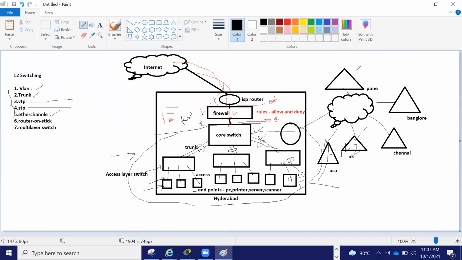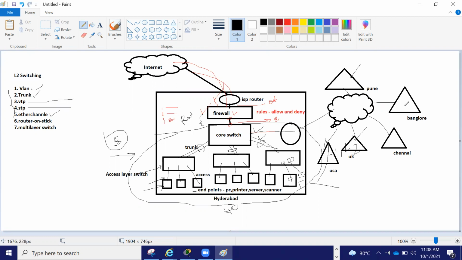If anything is required, then in every office, see, for MNCs you will not have a network engineer in every office. You will not have a network engineer in Pune, Bangalore, Chennai. Generally, if this is the head office, in the head office you will have a network engineers team working in a 24/7 environment, let's say six engineers, so two in one shift. So two engineers working here need to take care of all this remotely. They can log into all branch office switches, routers, firewalls, and take care of everything.